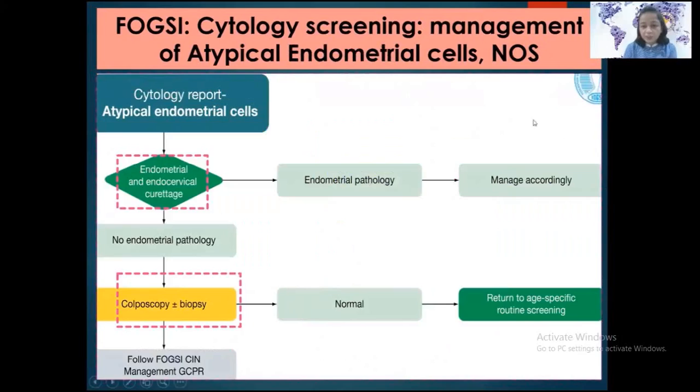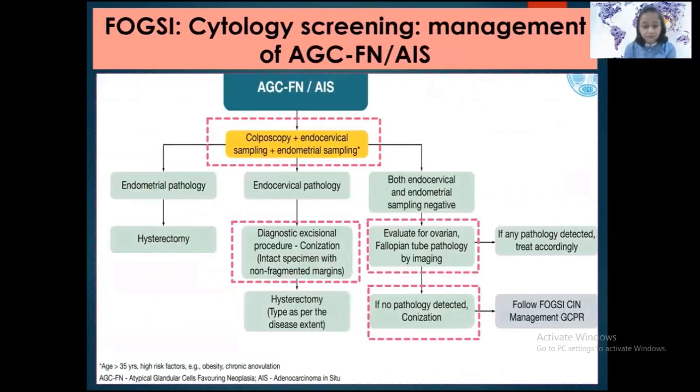Similarly, for atypical endometrial cells, endometrial and endocervical curettage has to be performed. If endometrial pathology is detected, appropriate management is given. And even if no endometrial pathology is detected, then colposcopy with or without biopsy is recommended, so as to exclude other possibilities. So if AGC-FN or adenocarcinoma in situ is diagnosed on cytologic screening, then the female is offered